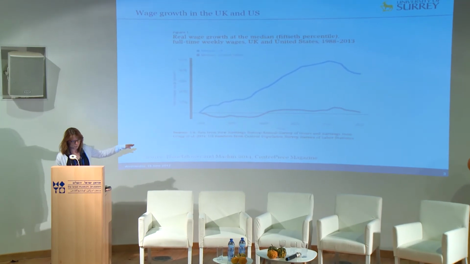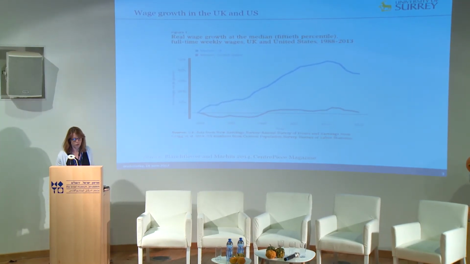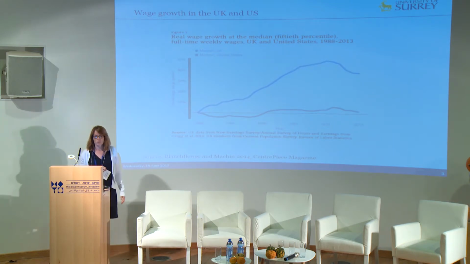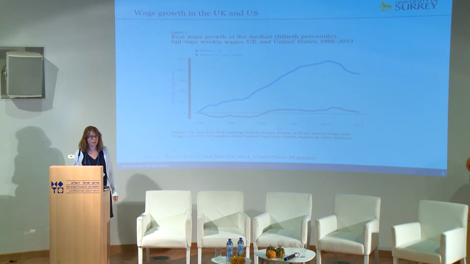And the blue line is the UK median income of full-time weekly wages, and the black line is the US. So given that Alan's drawn our attention partly, although not entirely, to growth of median income over this time, you can really see that the UK was performing much better over this period. So in that case, it's not really a surprise that the UK seems to be delivering more in terms of